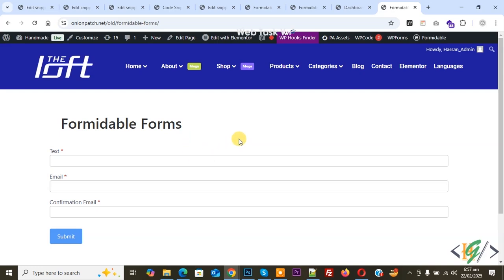Bismillahirrahmanirrahim. Assalamu alaikum. My name is Hassan and today we are going to add confirmation email in Formidable form plugin